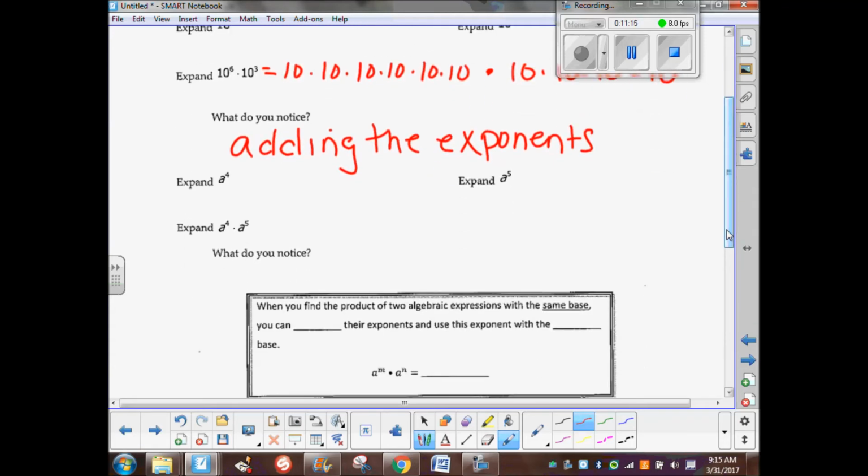So if I were to take this and put letters to it, same thing. What is a to the 4th? If I expand it out, a times itself how many times? 4 times. A to the 5th is what? A times A times A times A times A. Okay? So then it says expand A to the 4th times A to the 5th. Claire? You're adding the